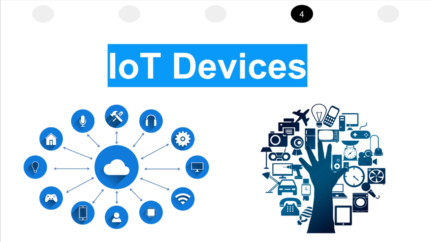Example 4 relates to IoT devices, or the Internet of Things. IoT devices are special because they can transfer data between devices without requiring human interaction. With objects reporting data in real time, we as users have the ability to make quicker and more accurate decisions. Examples of IoT devices that we use every day in our homes include smart thermostats like the Nest and smart home surveillance cameras like the Ring.